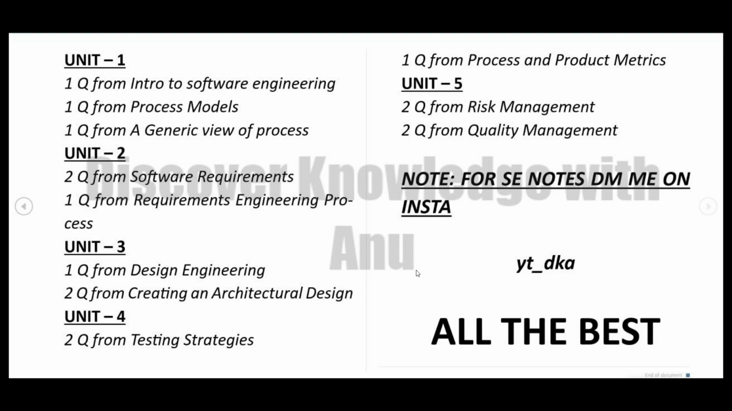Then from the quality management, the quality concepts, software quality assurance, nothing but SQA, software reviews, formal technical reviews, statistical software quality assurance, and then software reliability and the ISO 9000 quality standards. So these are the topics from the quality management. Overall from unit 5 you can expect two questions from the risk management part and two questions from the